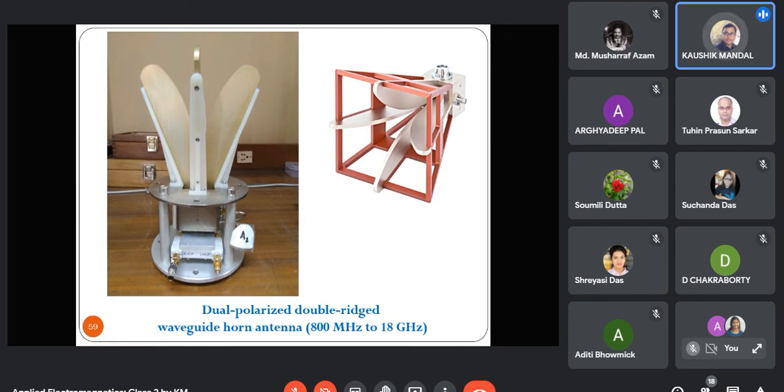So that's all about today's class. Today's big confusion is LHCP and RHCP. When an LHCP antenna is transmitting to the receiving antenna, will it become LHCP or RHCP at the receiver? I will try to clear it up in the next class. In the meantime, you can also find out the solution, or you can also try to overcome this confusion.